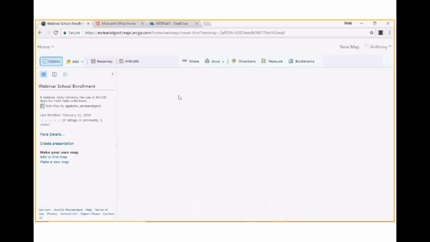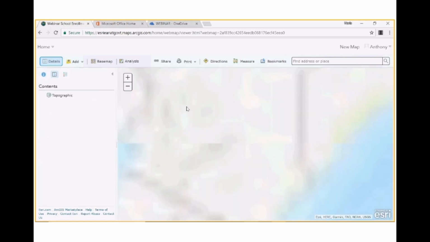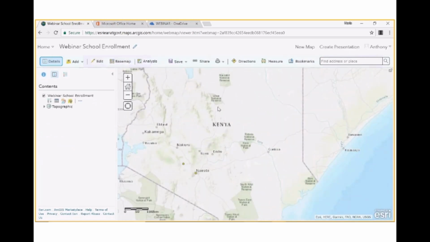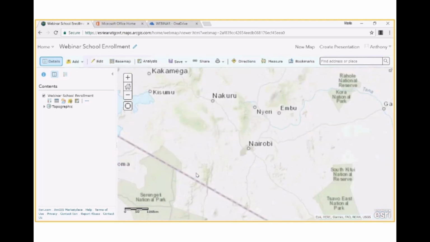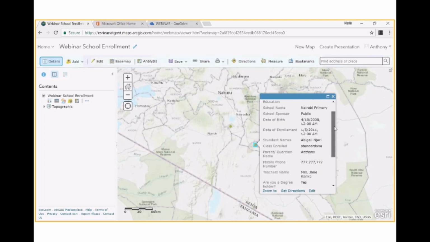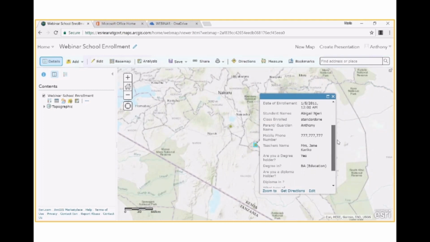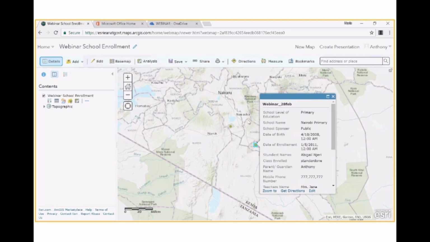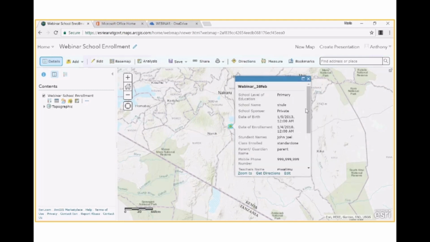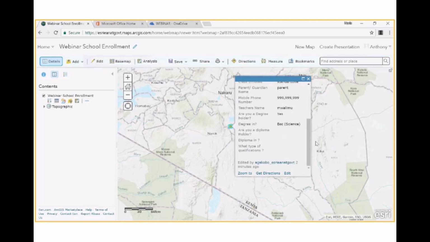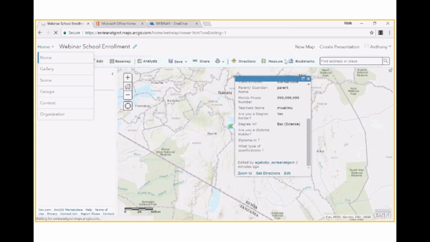So if I go back here, it's already opening. Yes, it's opening. And you can see that on the map, I have 2 points. There is one that I did yesterday, and you can see that this is a Nairobi school and all the information that I filled. For now, we have just used this one. Primary, that was a school, a Schule, the private, and all that. So all this data can be published in a map by default. So if I go back to my home,